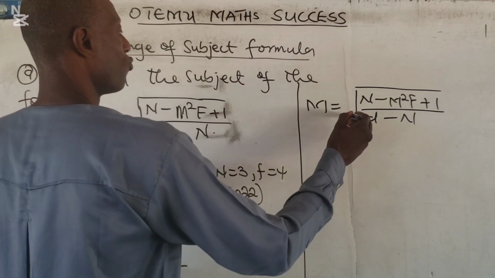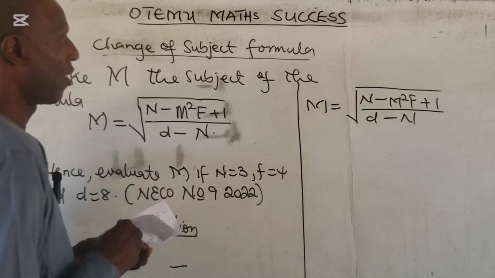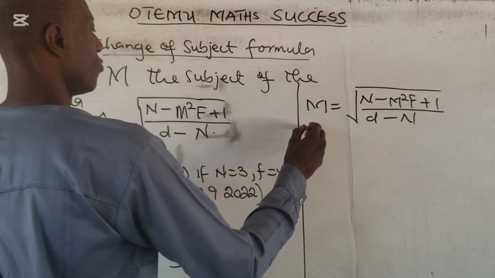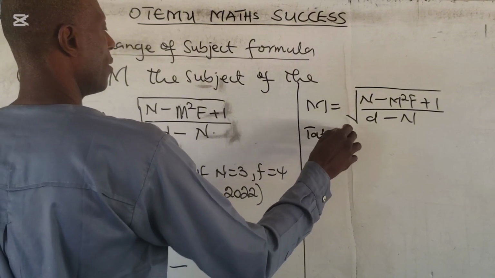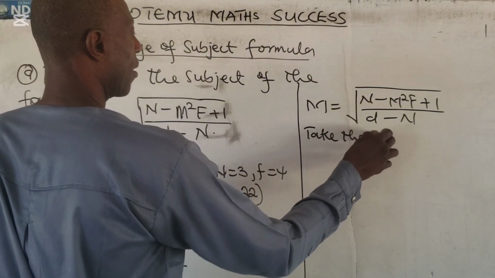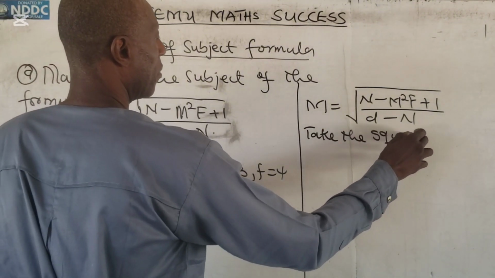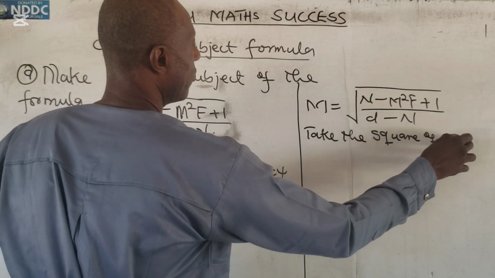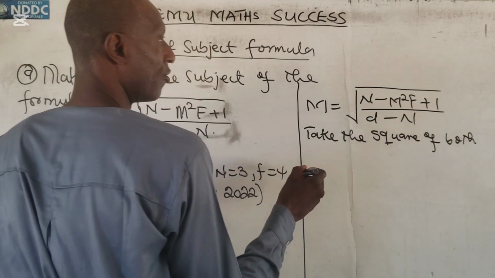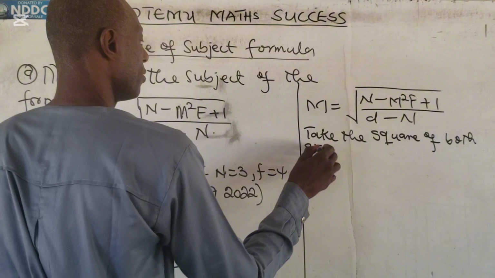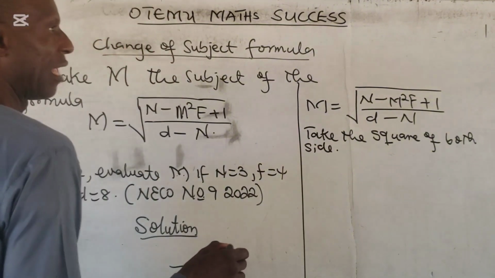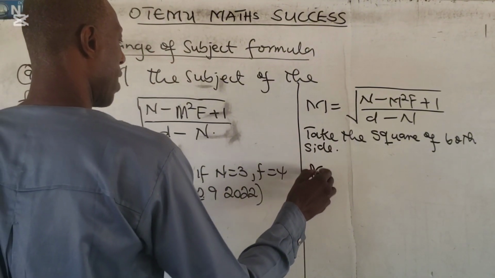So what will remove square root is square. I'm saying take the square of both sides. So that means here is M square